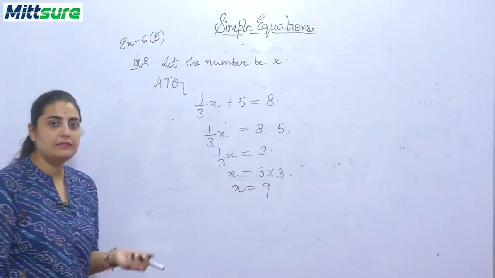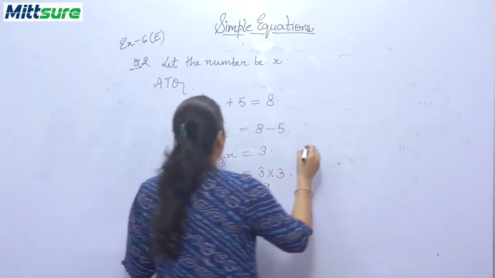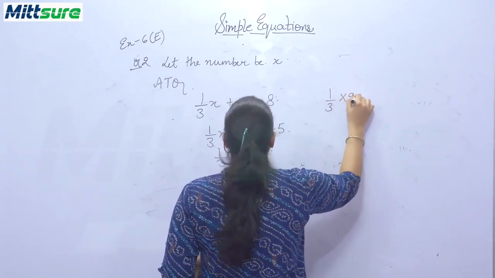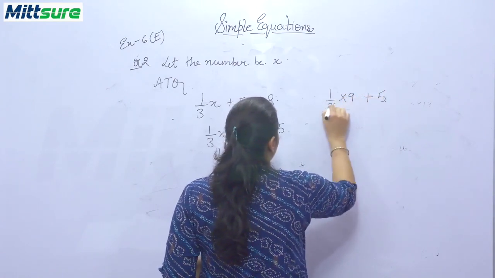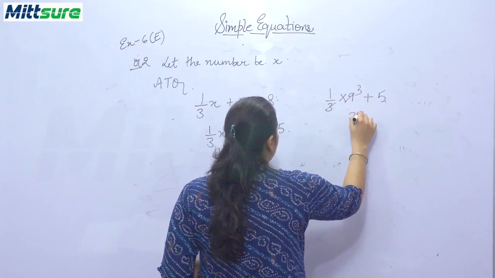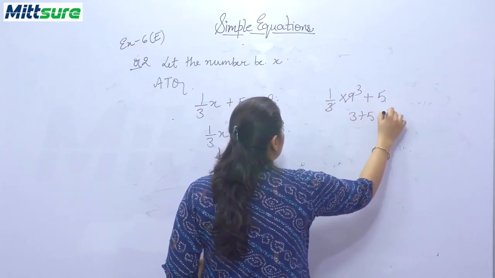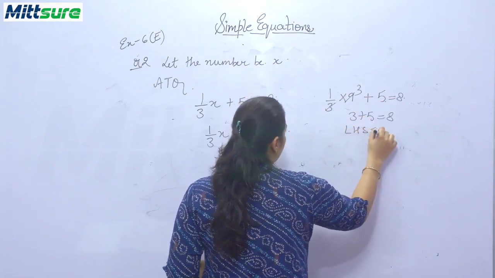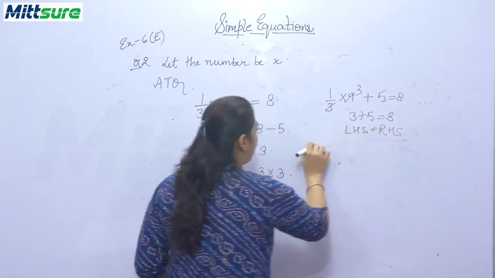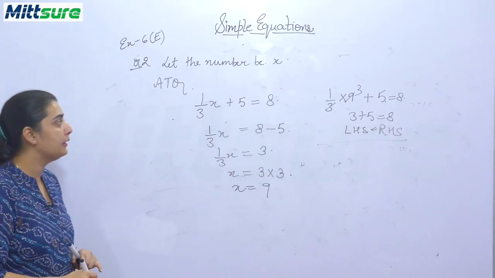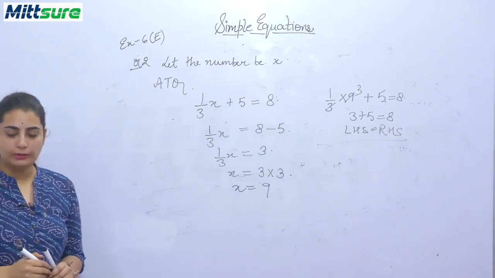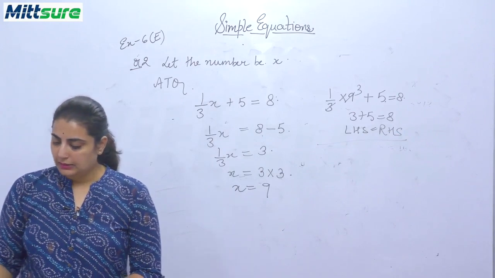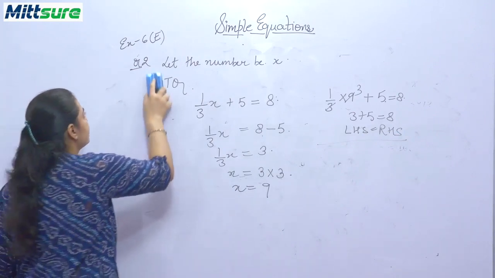So now let us check whether we have calculated it correctly or not. So 1/3 of 9 plus 5, that is 3 plus 5, which is equal to 8. That means LHS is equal to RHS. That means the value of the number x is 9 only. Now, question number 3 talks about